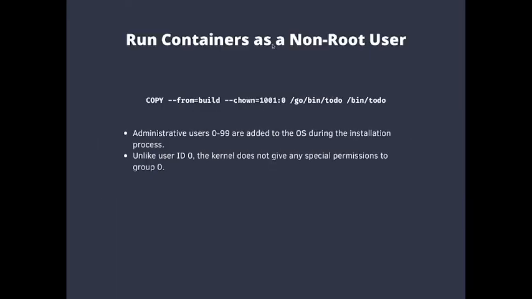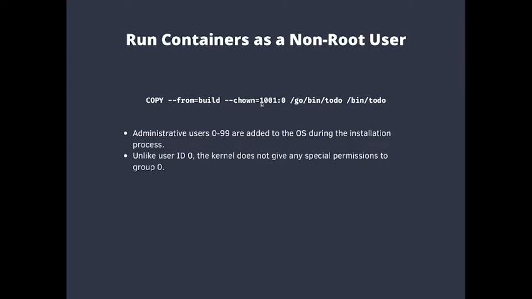But there are a few notes we need to know: administrative users are from 0 to 99, which are added during the installation process. So we should not use numbers which fall under this range. So that's why we use